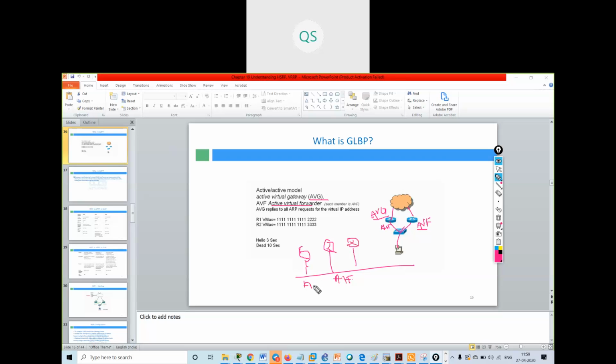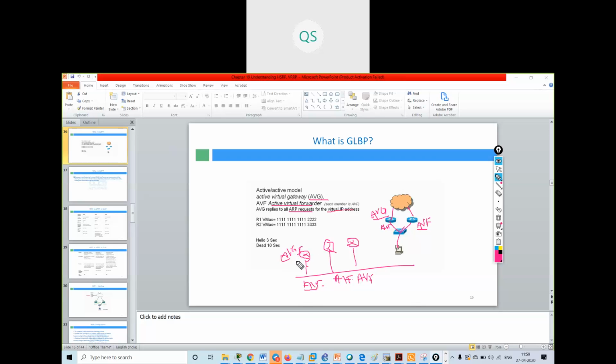And I have made this one my AVG router also, so this router is both an AVG router and an AVF router. It is acting as both. Now what will this router do? The AVG router replies to all ARP requests for the virtual IP address.